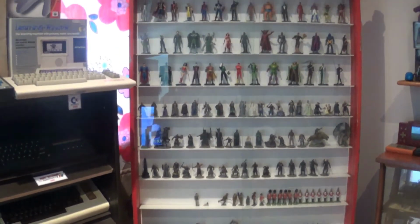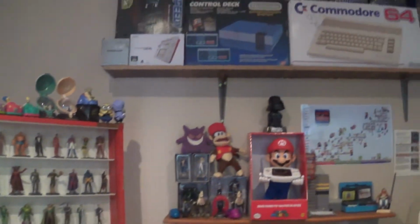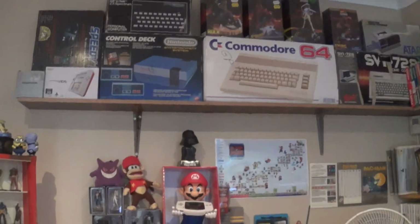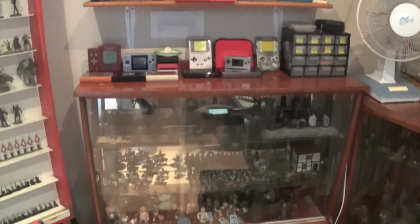I collect figurines and I've got a couple of display cabinets full of them. On top of the shelves I keep the boxes, a couple of models that I still have to build, and then just the normal Nintendo bric-a-brac that you find all over the place. A couple of little